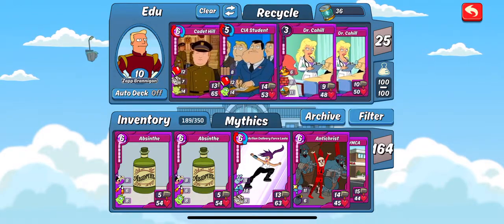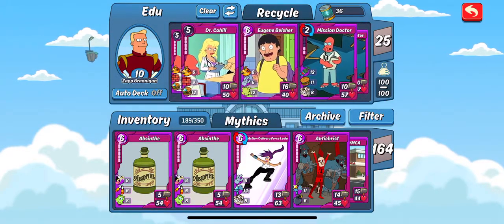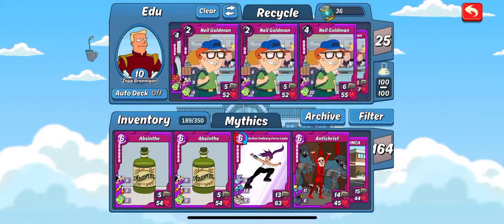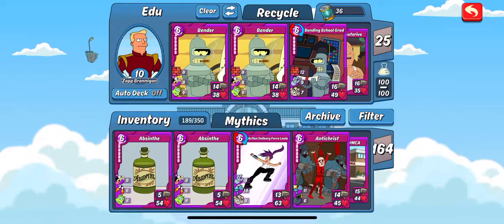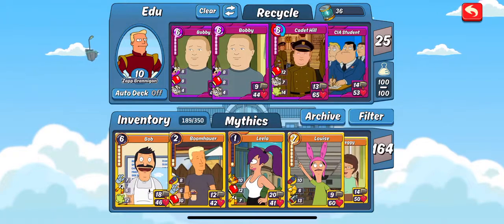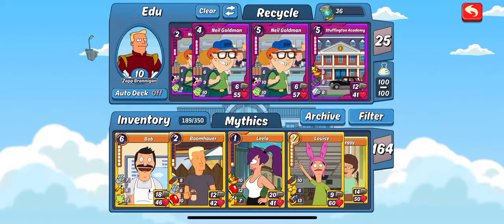It's the same deck I was using for Rumble to attack. These heal Futurama on their own, standalone. Eugene combos with any of the educated items for heal. These 2 PCs heal. Zoid, where the fuck is Zoidberg? Why is Zoidberg not in the fucking deck? I don't know what the hell happened there, but alright. That's what I really wanted. Alright. Anyways,